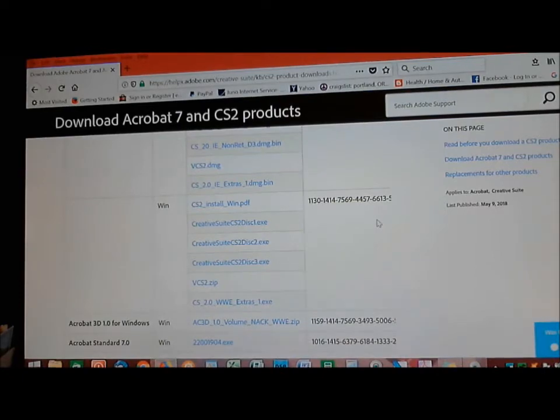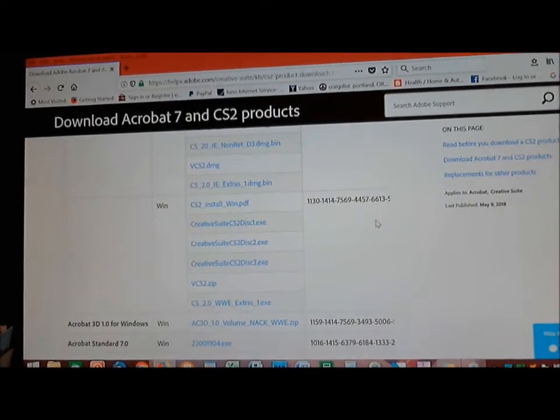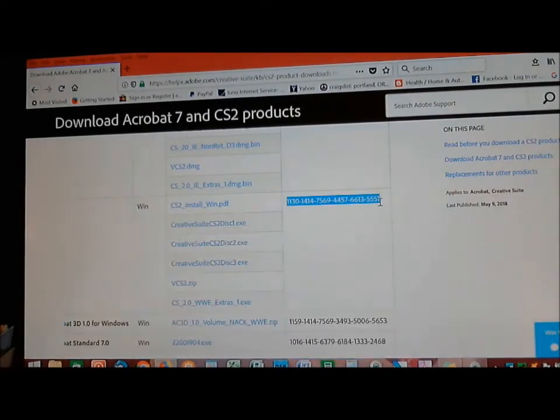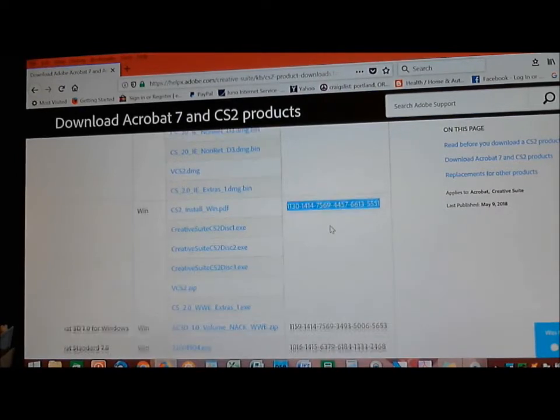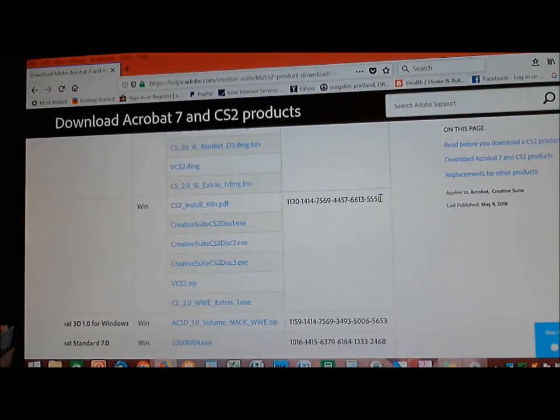I have a legitimate copy myself because I bought it retail years ago, but this is the serial number that you'll use for the installation. So I don't have to go out and dig up my original serial number. For the first step to the downloads, I like to do the serial number first, so left click your mouse button, drag across to highlight it, right click the mouse, copy,